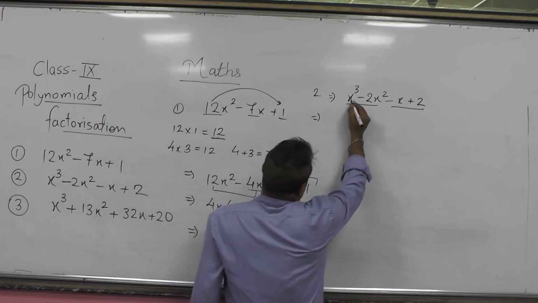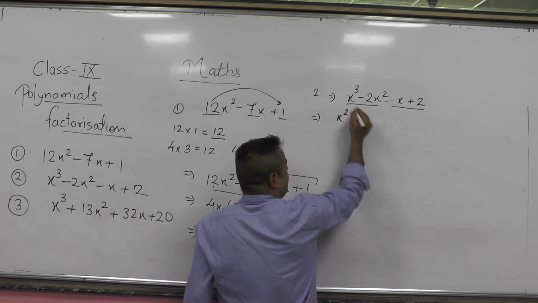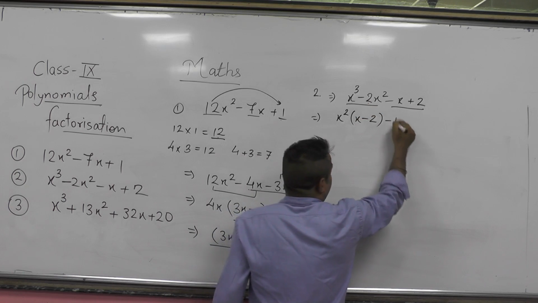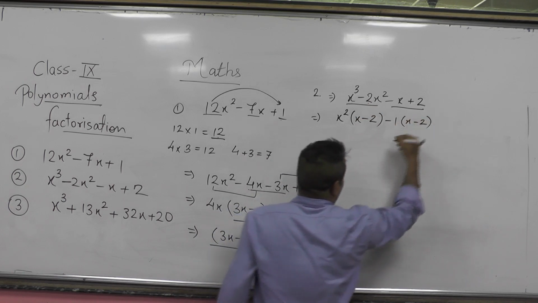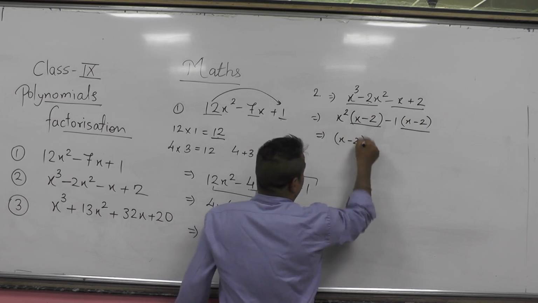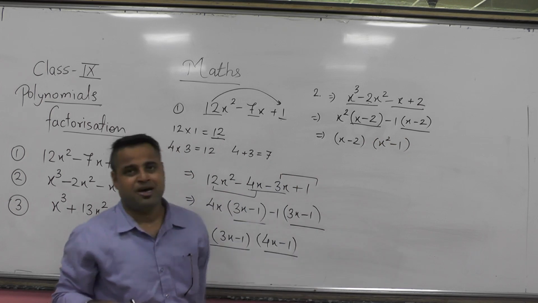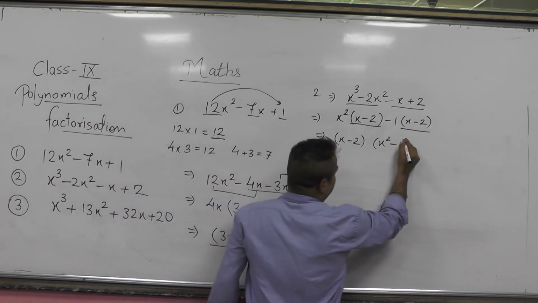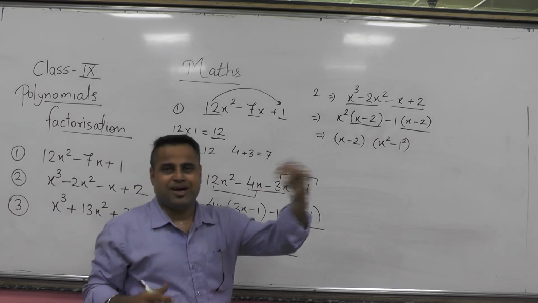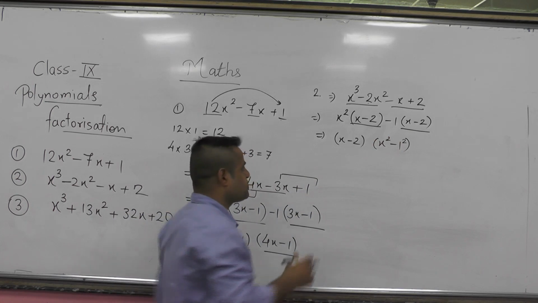First of all, see, in these 2 terms you can take x square common. Here x will remain, here 2 will remain, minus 2. Here again we can take minus 1, so that x minus 2 will remain. X minus 2 we can take common in all. So here x square minus 1 will remain. Now with x square minus 1, what can we do? We can write it as 1 square is also 1. It is not minus 1 whole square, because minus square is positive. We are only squaring the 1 here.